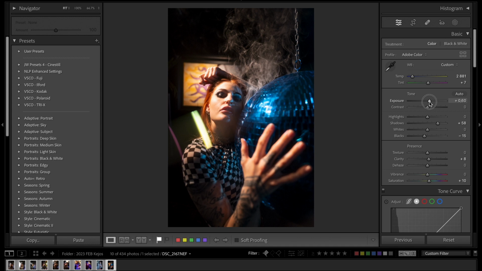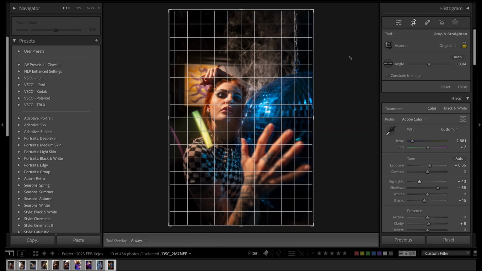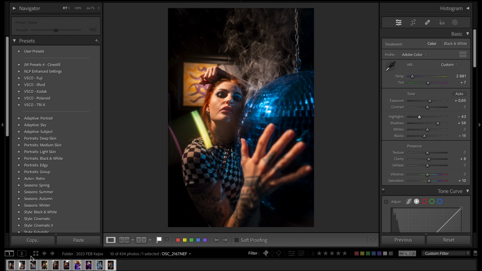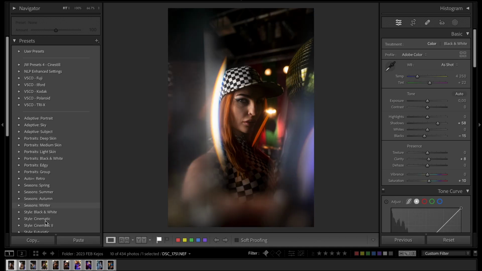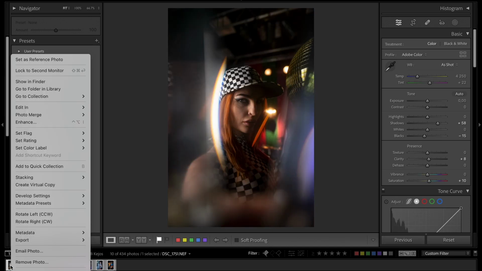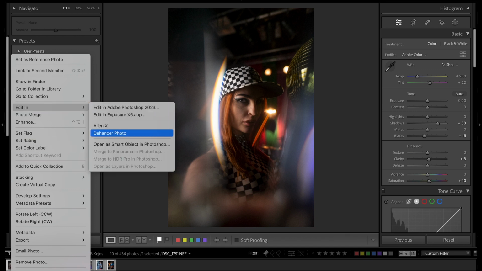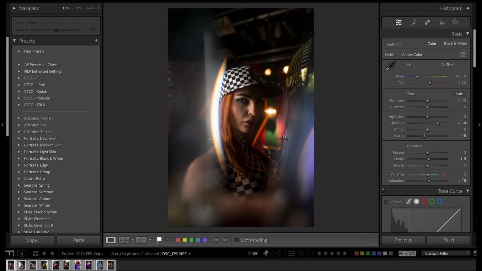Bump up the exposure a bit. Get that information from the highlights. Leave it as is. To go back to the first image, so what we go edit in Dehancer, hit a copy,